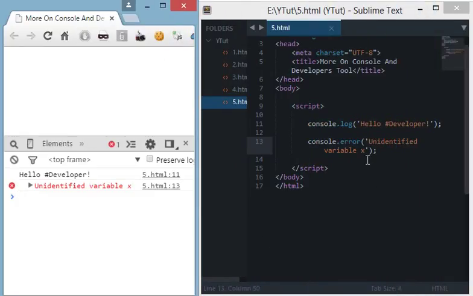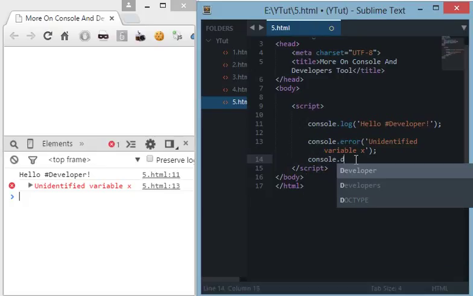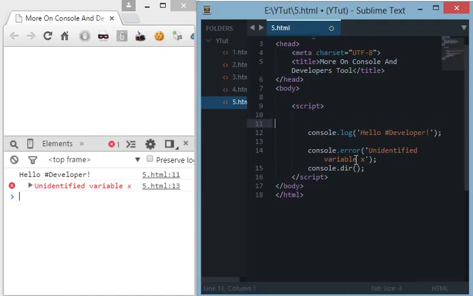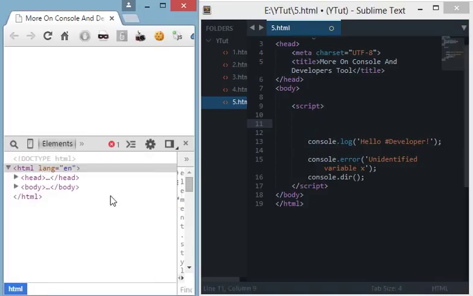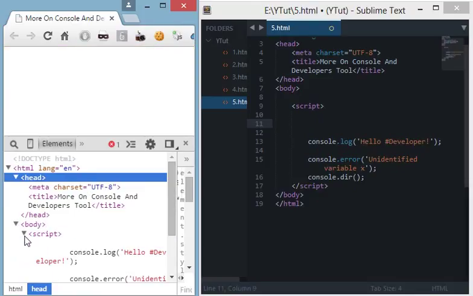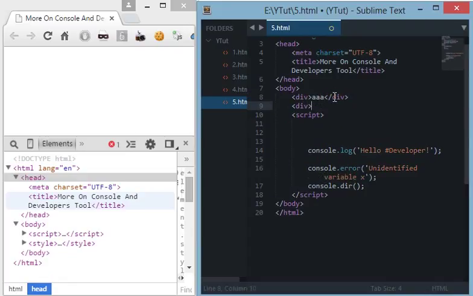The next command is console.dir. For console.dir, to understand it, you must know what objects are. Everything in JavaScript, like your DOM, when you retrieve elements from here, is treated as an object. Therefore, supposing we have two divs here in HTML,